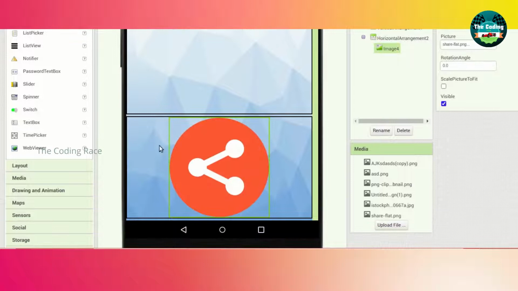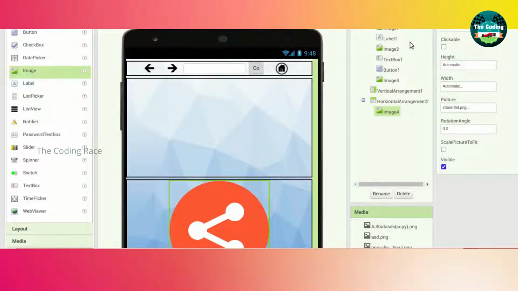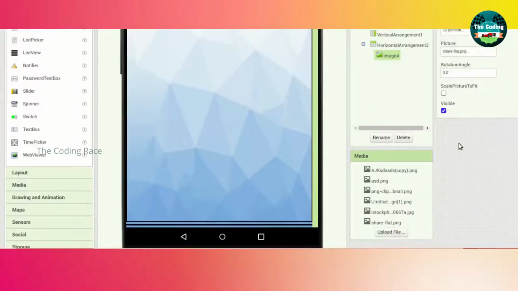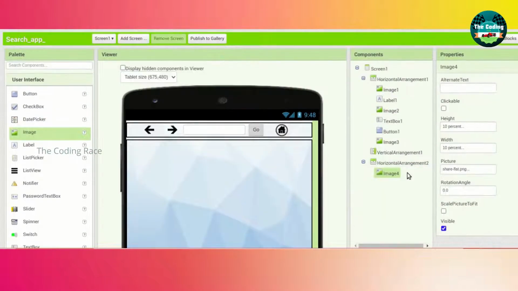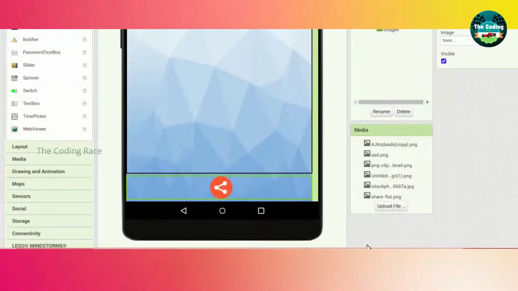Yeah, this is my share icon. Height will be 10% and the width will be 10%. And just click on this horizontal arrangement and the height will be 10. Just okay. Yeah, that looks perfect.